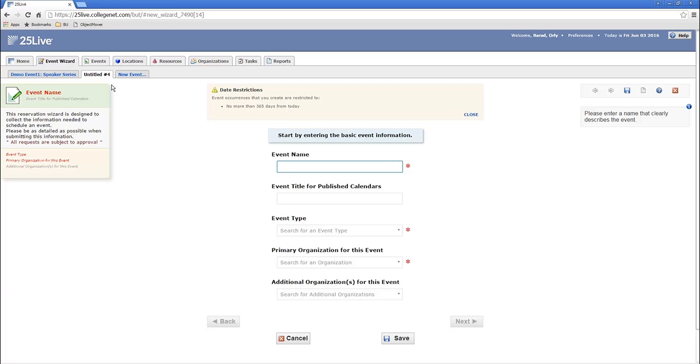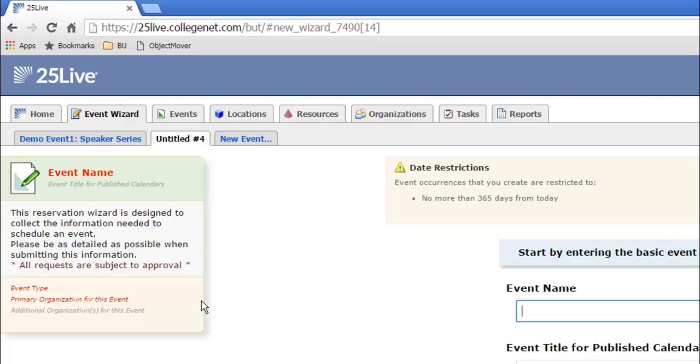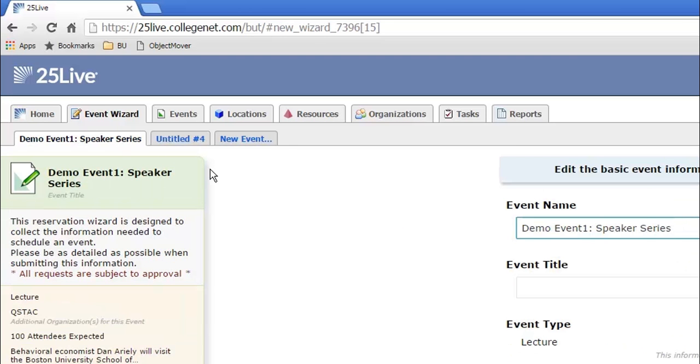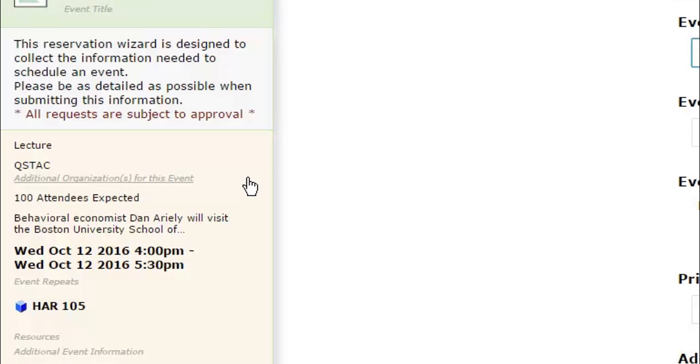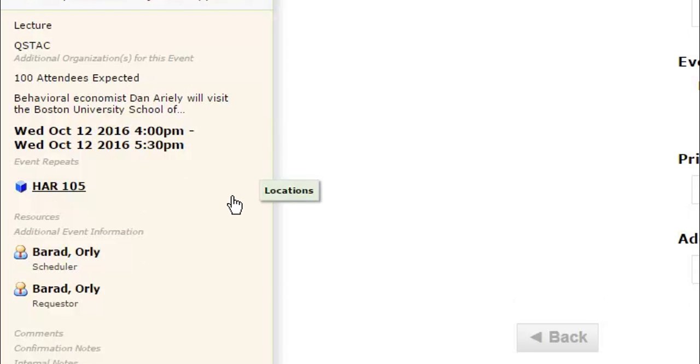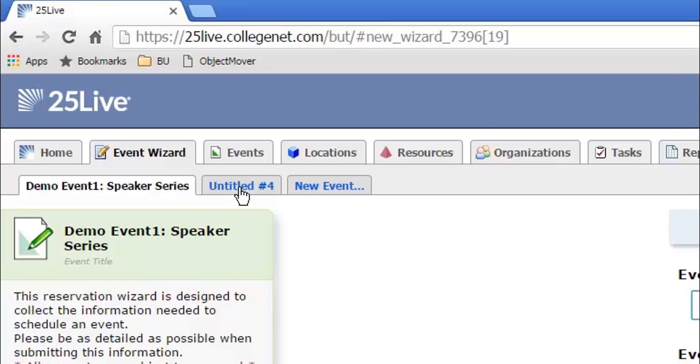The first thing that I'd like to draw your attention to is this box on the left. This box will contain a summary of all details you've input related to this event. Looking at a completed event, you'll notice the event type, an associated organization, expected attendees, a brief description, the day, time, and location, and the name of the person who created the event. Returning to our new event,